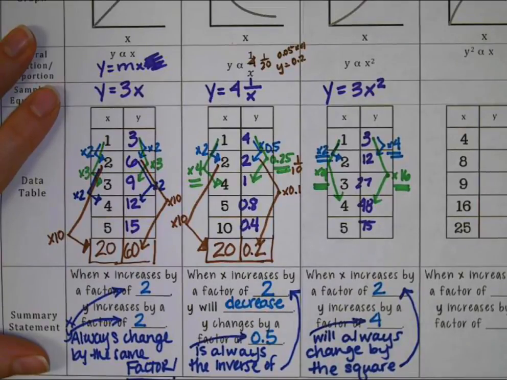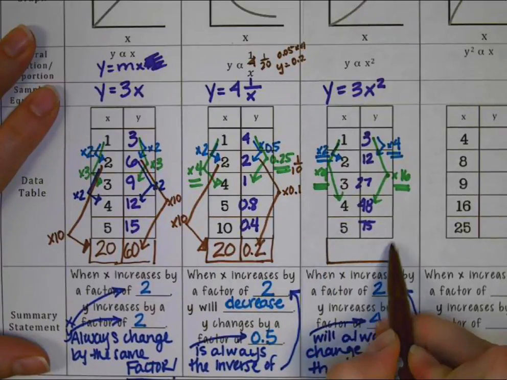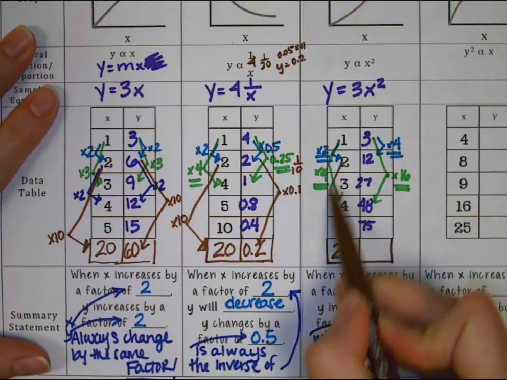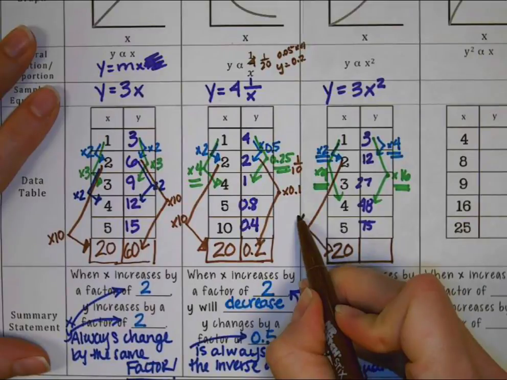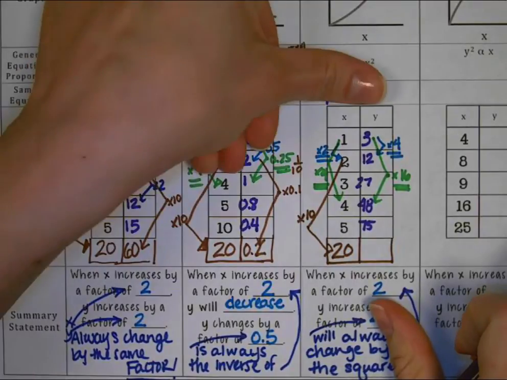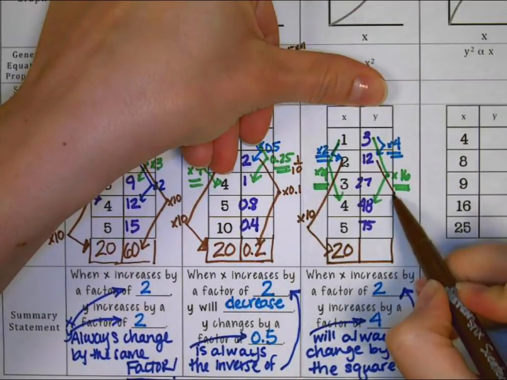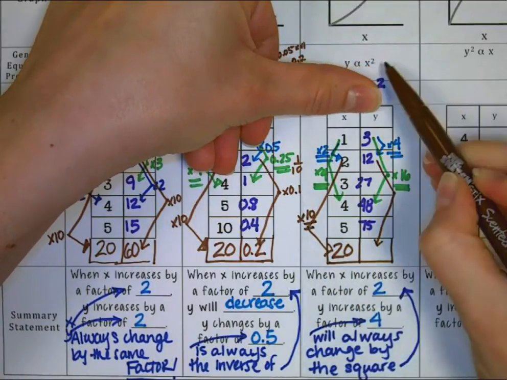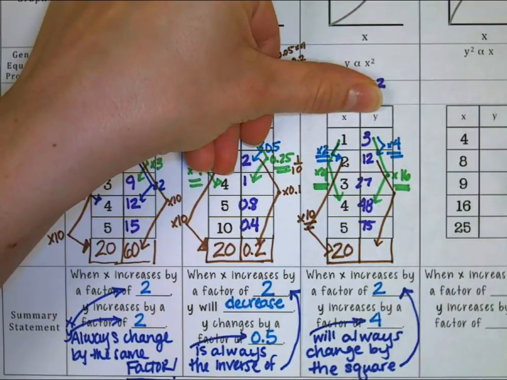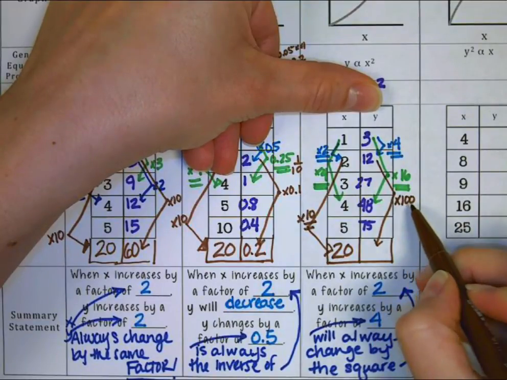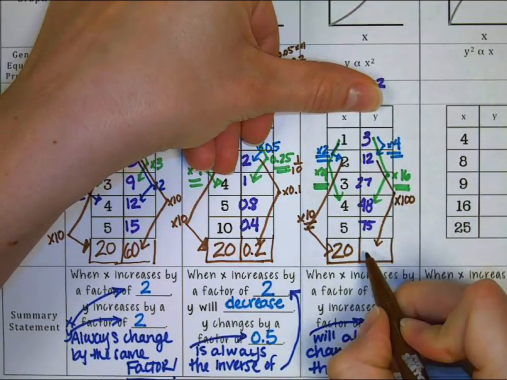Let's put that into practice again and go ahead and say, well, if I add another row down here, and let's pick 20, let's go from 2 to 20. So from 2 to 20, I changed my x value by a factor of 10. And covering up that equation again, I'm trying to predict from 12 to what? So if 10 is how my x changed, I need to square that by how much my x changed, and my y should change by the square. So times 100. 10 squared is 100. So 12 times 100 is equal to